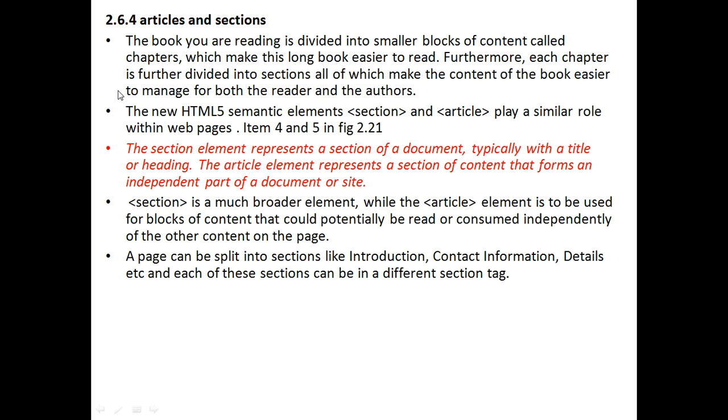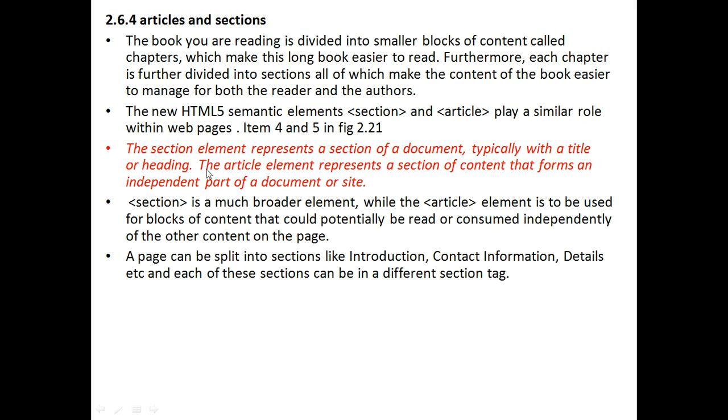Clear? It is useful for easier reading and also for management purposes, managing the things. The new HTML5 semantic elements like section and article, these are two tags we are using here, play a similar role within web pages also, I told you. The section element represents a broader section of a document, typically with a title or a heading.